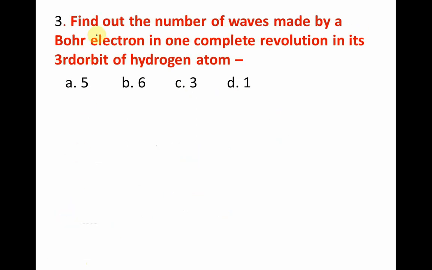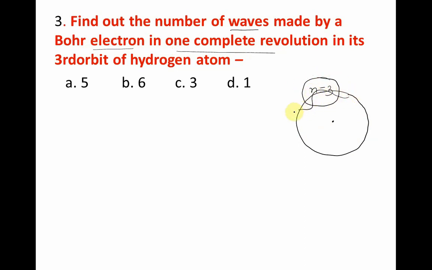Now the question is, find out the number of waves made by a Bohr electron in one complete revolution. If an electron makes one complete revolution around an atom, we need to find how many waves are possible. The condition is that n is in the third orbit, meaning the electron revolves around the nucleus in the third orbit. In this case, we need to find the number of waves. We know that the number of waves is equal to